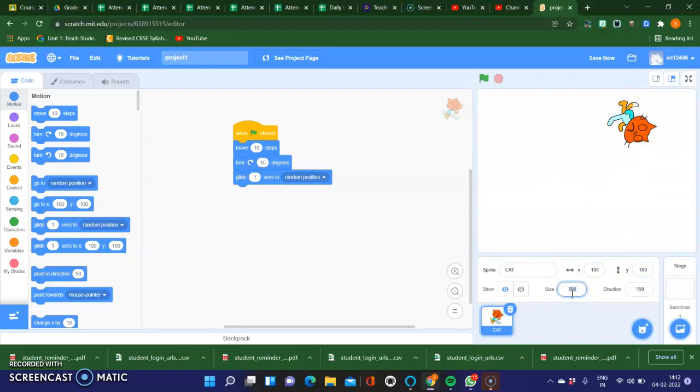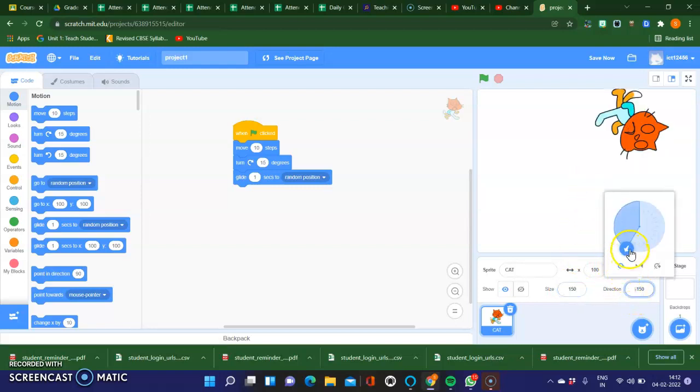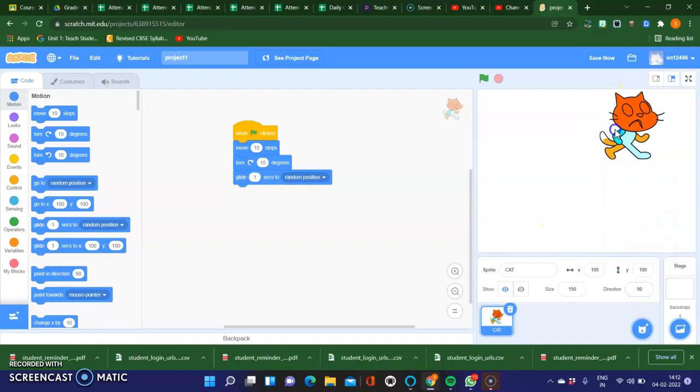So if you want to increase or decrease the size of this sprite, you can change it from here. The way you want, you can increase or decrease it. If you want to change the direction of this, ये देखो, आप देख सकते हो यहाँ पे. When I click, you can just change the direction of this sprite. That's it. It is ready. You can make it move anywhere you want. Right? Then,